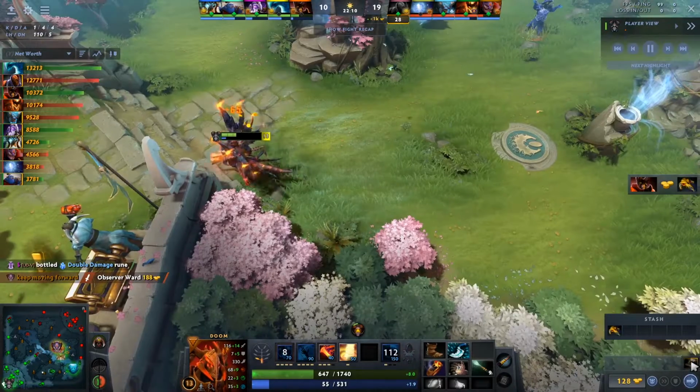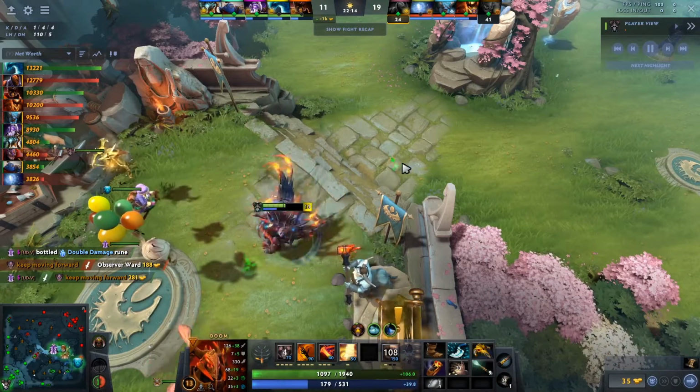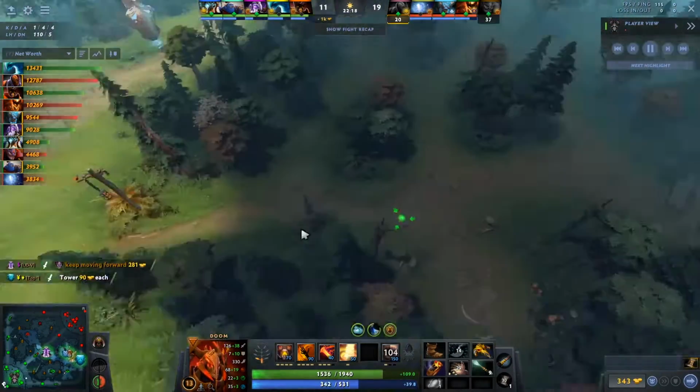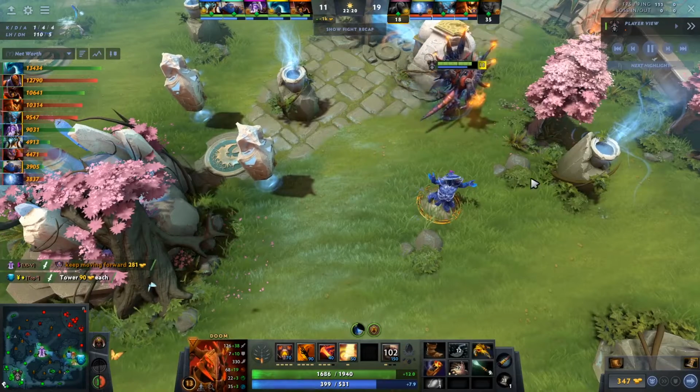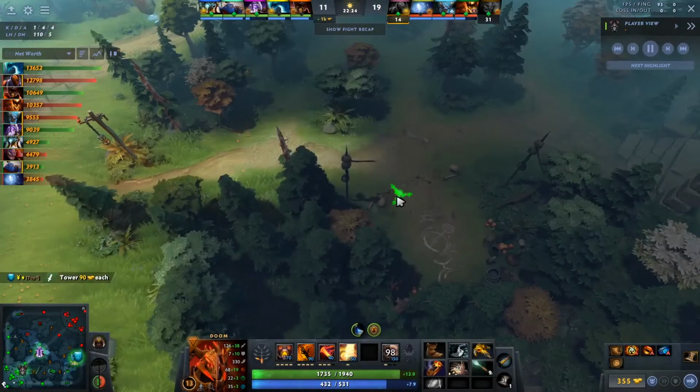Obviously, once you have Doom up, once you have your Blink Dagger, you're going to look to be aggressive, and then you don't want to just waste Doom in a team fight where you're already securing a kill. You don't just want to Doom a support that's half health, that's almost already dead. You want to make sure you're dooming a good target like a mid or an off lane or a carry